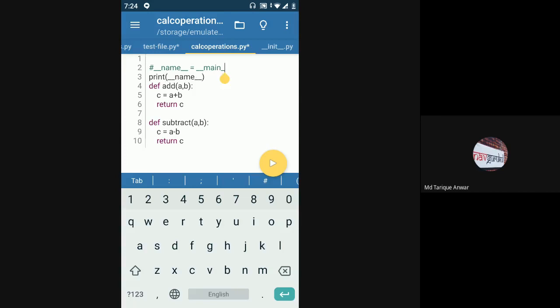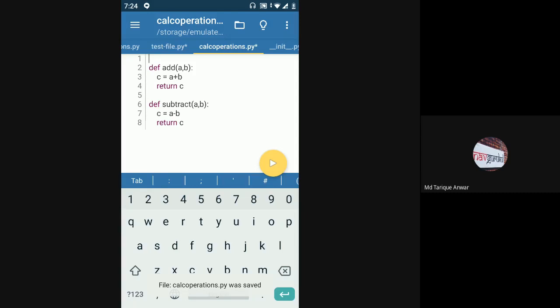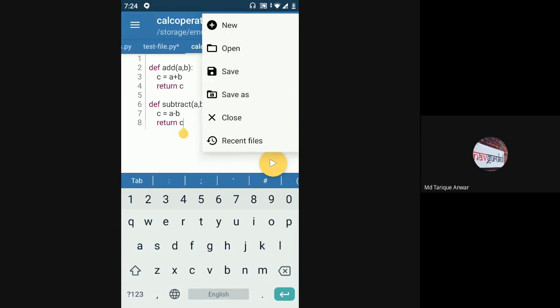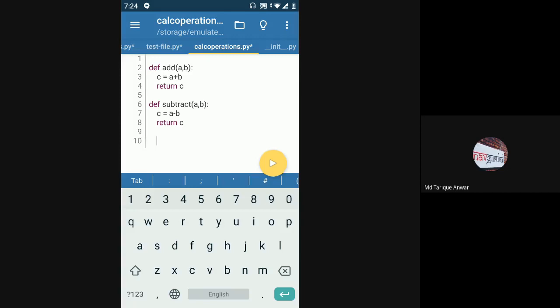So now, since I've created two functions in calc operations, I'll just save this once more. Okay, so now I'm just going to do some processing here, and this is my first file. This is the file that I am intending to add and subtract two numbers in. So I'll just say num1 is equal to, I'll take two inputs from the user, the usual drill.